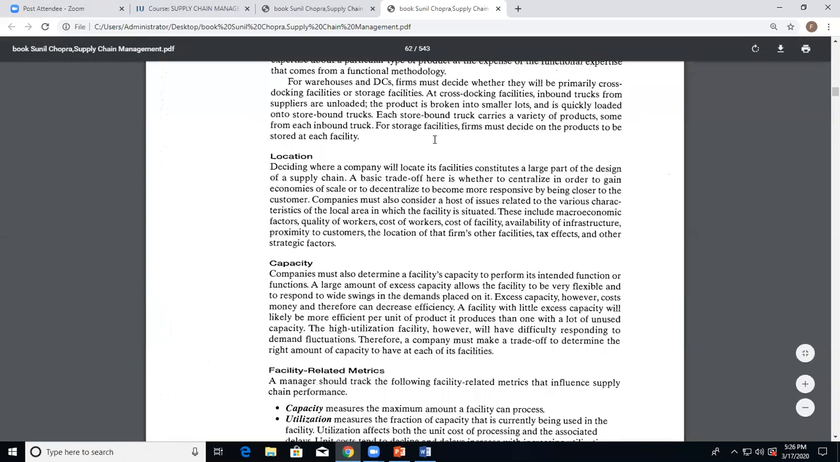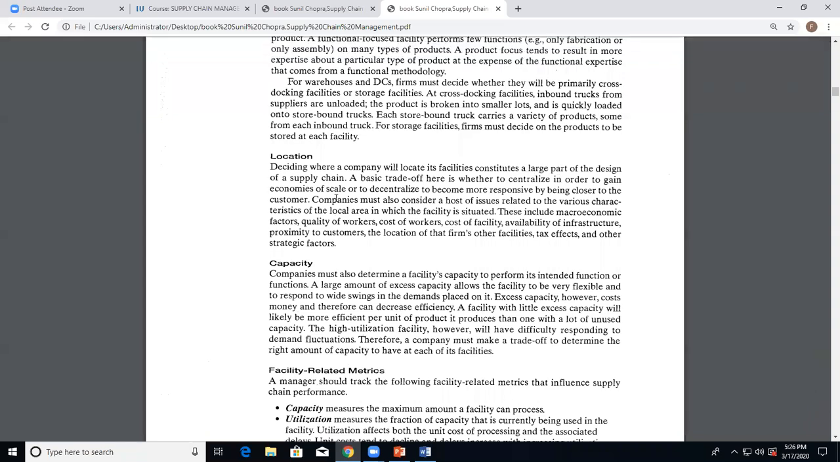अच्छी लागू। अच्छा, location: deciding where a company will locate its facility constitutes a large part of the design of a supply chain. अच्छा देखें, where a company will locate its facility, ये बहुत इंपॉर्टेंट है। ठीक है, since the location incurs cost and you trade off with the location whether to centralize to gain the economy of scale or to decentralize to become more responsive। ठीक है, हमने पहले भी डिस्कस किया, दोबारा डिस्कस करें। कैपेसिटी की बात